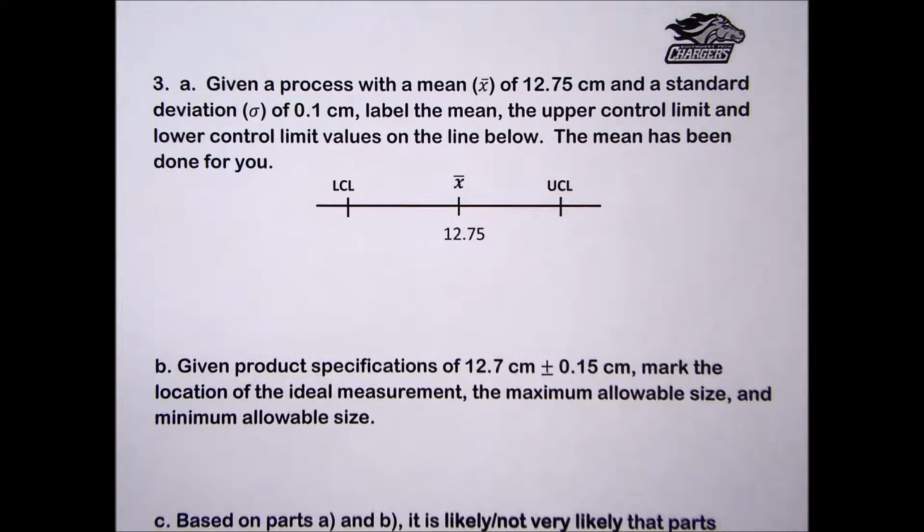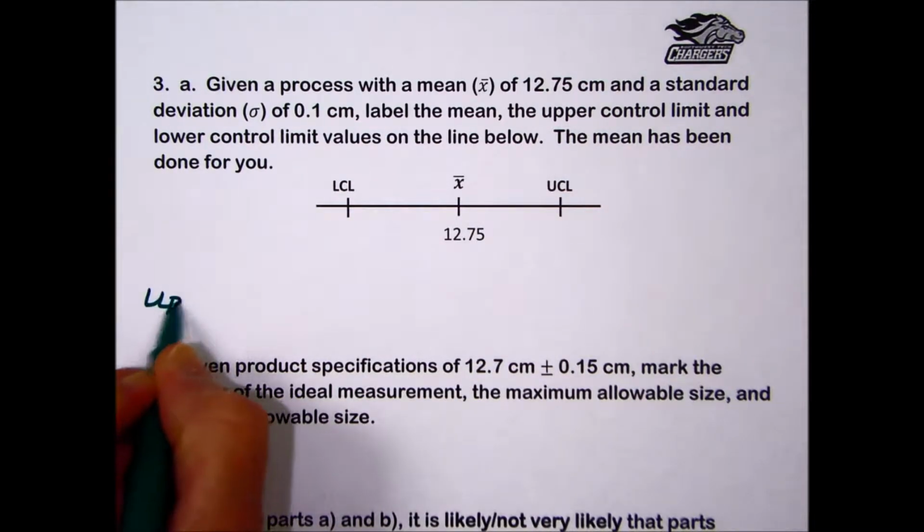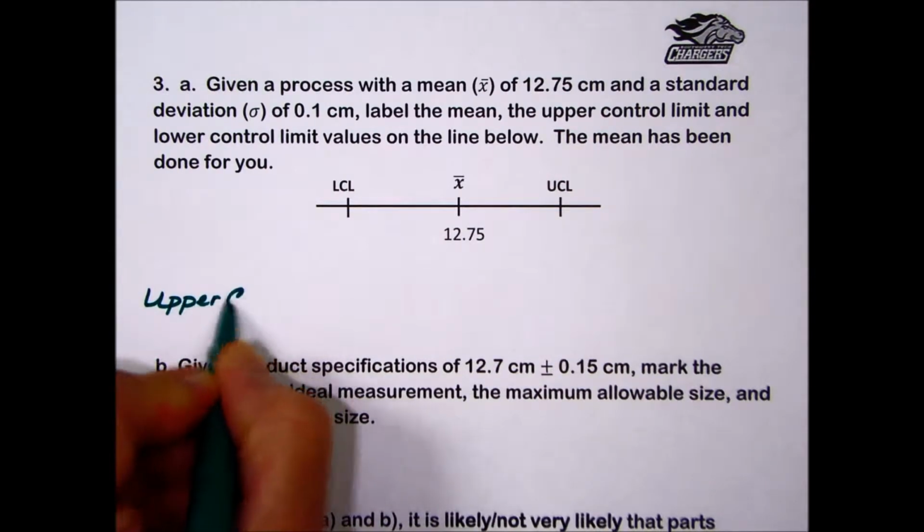Practice set 9, problem number 3. Given a process with a mean x bar of 12.75 centimeters and a standard deviation sigma of 1/10 centimeter, label the mean, the upper control limit, and lower control limit values on the line below. The mean has been done for you. So the mean is given. To find the upper control limit,